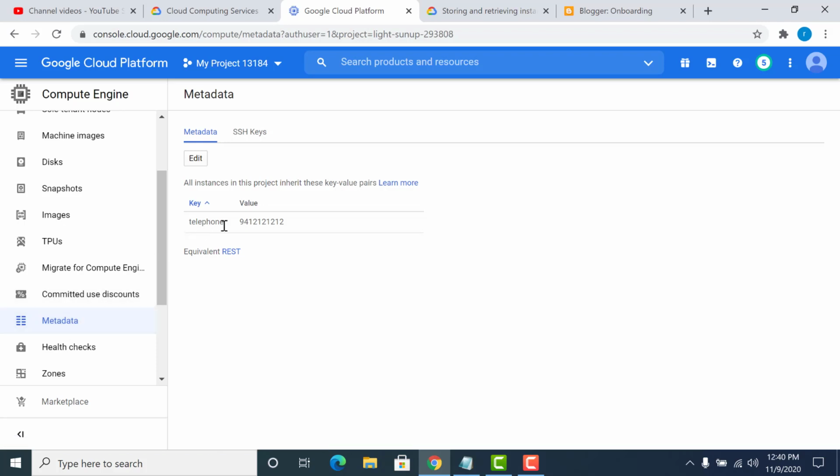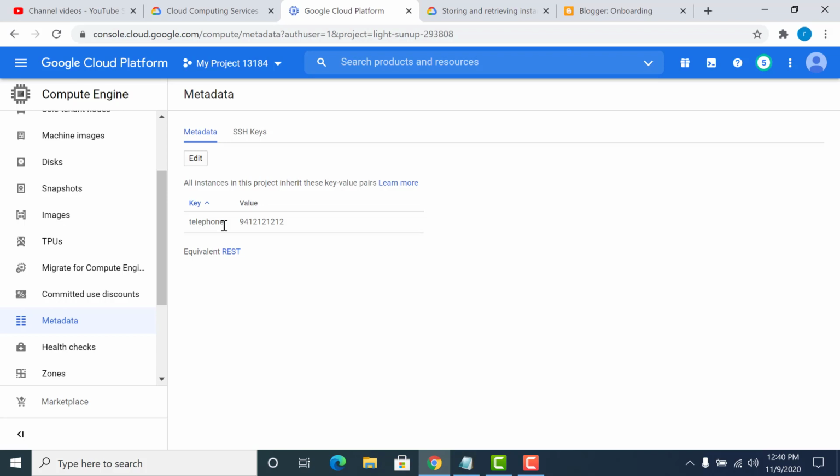The values that you store here will be accessed by all the instances within the project. That's the difference: the instance metadata can only be accessed by the instance which has it, whereas the project metadata can be accessed by all the instances within that particular project.